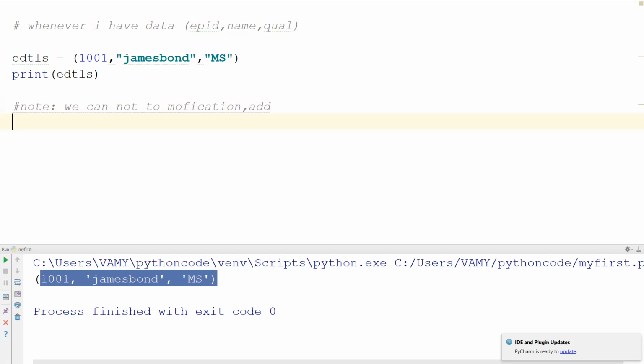Here, employee id 1001 is one column, name James Bond is another, and qualification MS is another. That is why we defined it with the variable e_details, and printed it. Like that, we use tuples in regular project development or daily use.